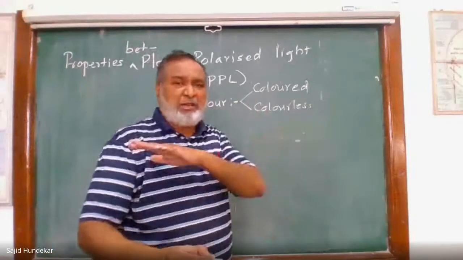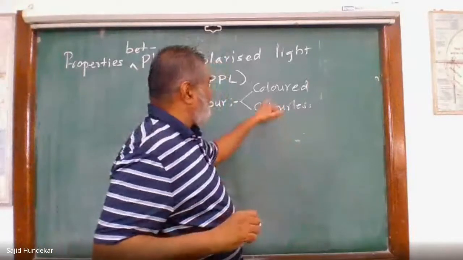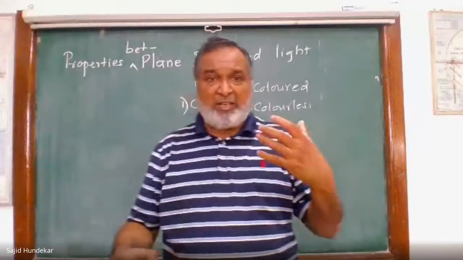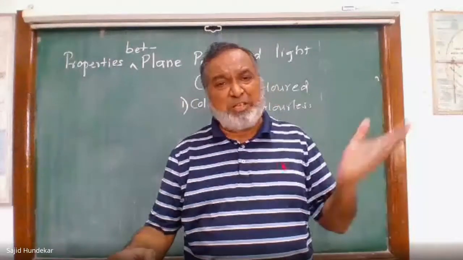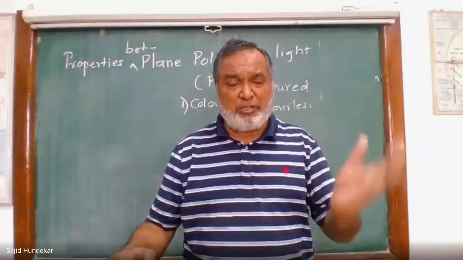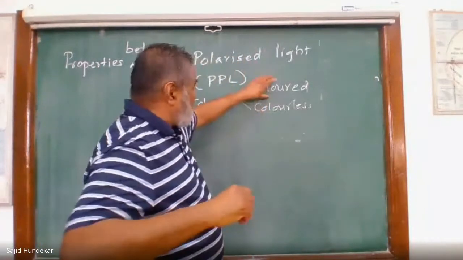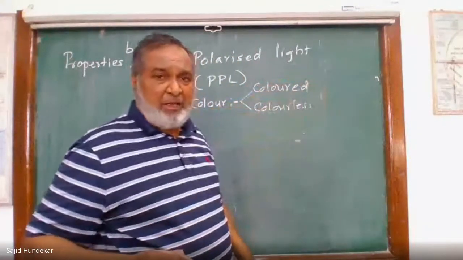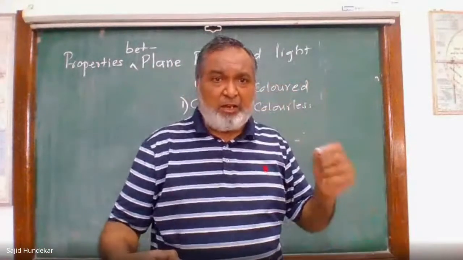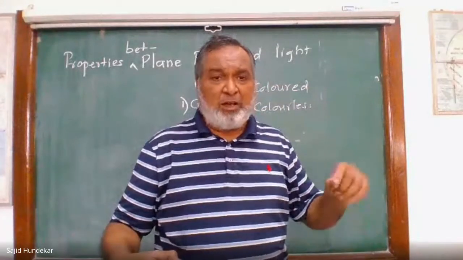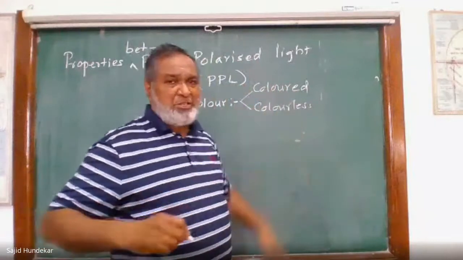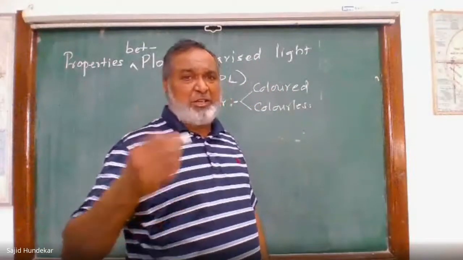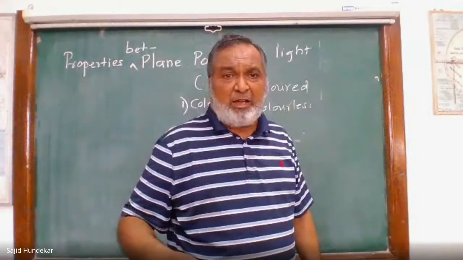One will be colorless, so we can't see the mineral. In the second, we will see a colored mineral, like green, pink, yellow, brown, or shades of green, shades of yellow, shades of brown. So when we are going to see these minerals, whatever the color is, light green, light yellow, dark brown, or it will be colorless. So simple, there is no definition. Already we have seen the definition in the physical properties.